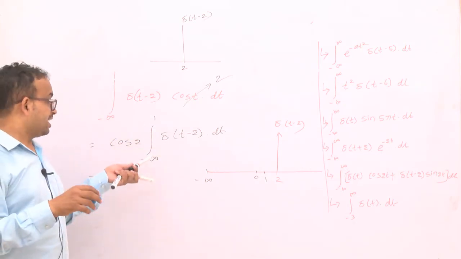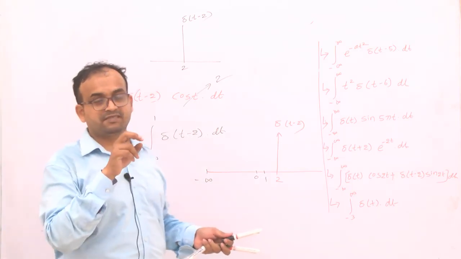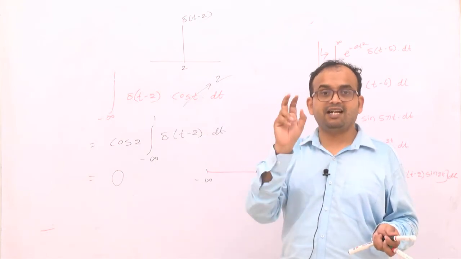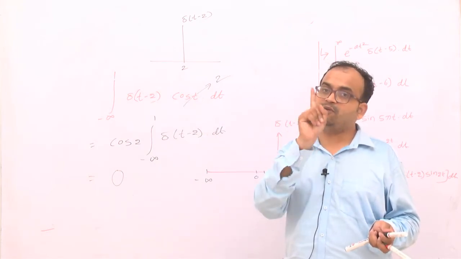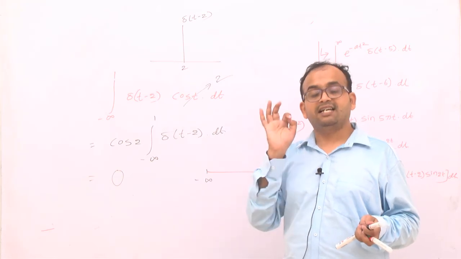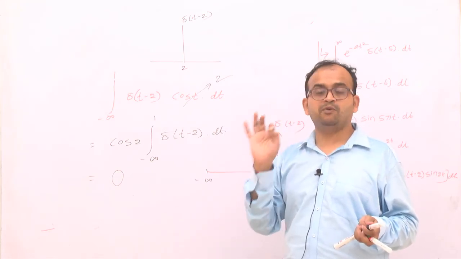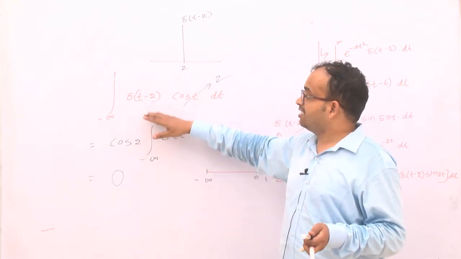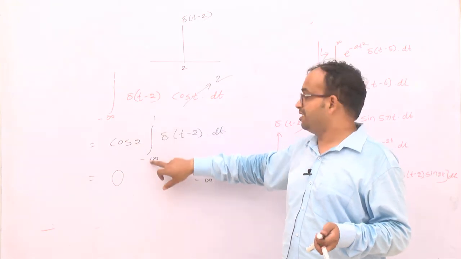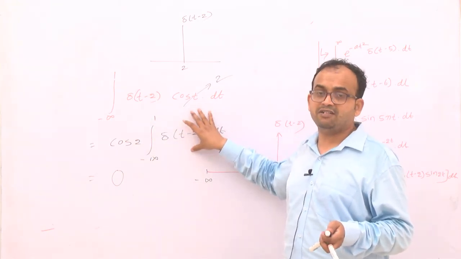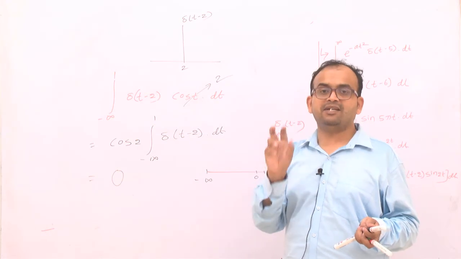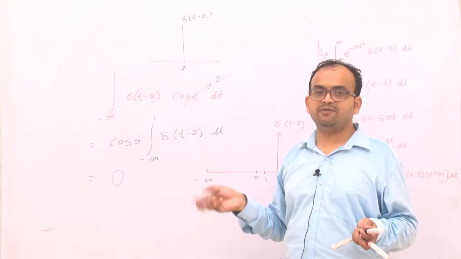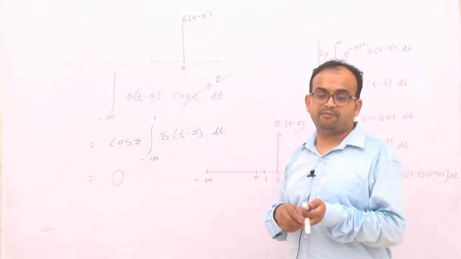So remember that the integration must cover the delta t function, so that you can take the integration value to be 1. Again I am telling, the integration range must cover the delta t function. Otherwise you cannot take the delta t integration to be 1, or the area coverage by the delta t equal to 1. You have to see what is the limit of the integration. The limit of the integration must cover the delta t function, for which you can take 1, otherwise it will be 0. If it does not cover the delta t function, the area coverage will be 0. So this is about the impulse functions.